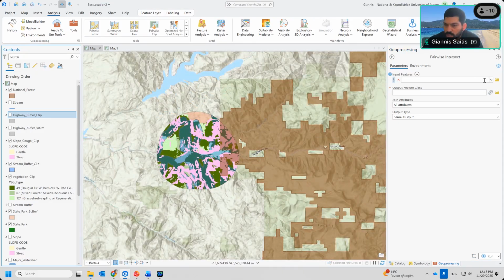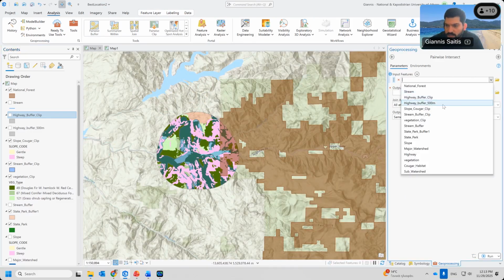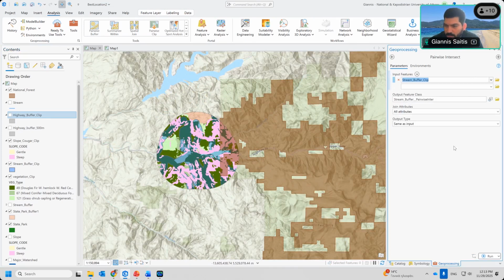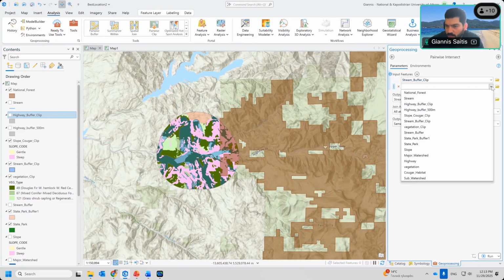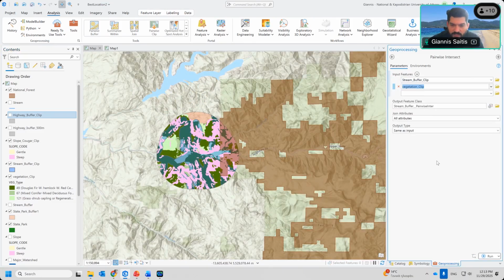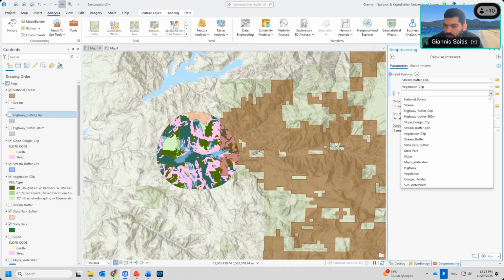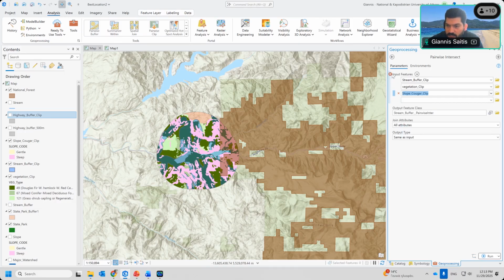So what we need is first the buffer of the stream. Perfect. Because in this area, the cougars can find water. Let's go for the vegetation because this is the vegetation which cougars like. Let's go also for the slope, which in here,